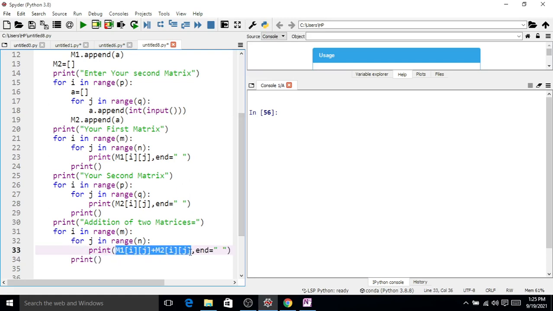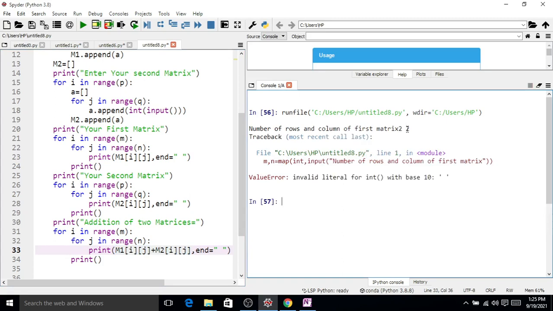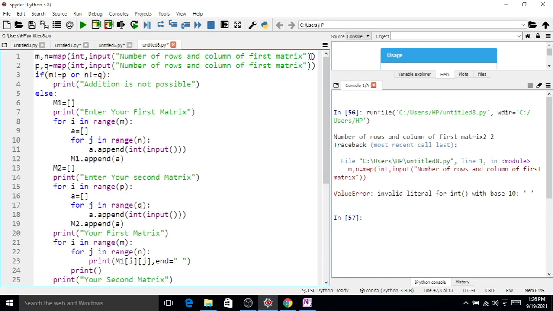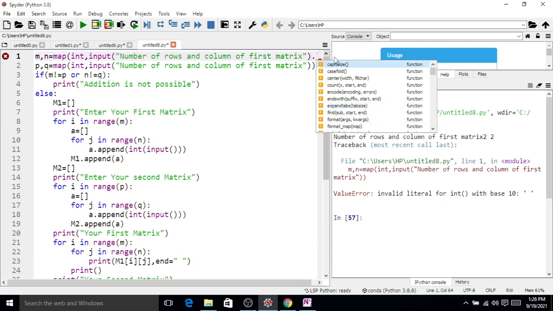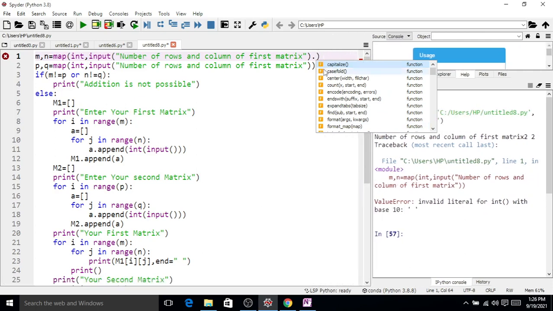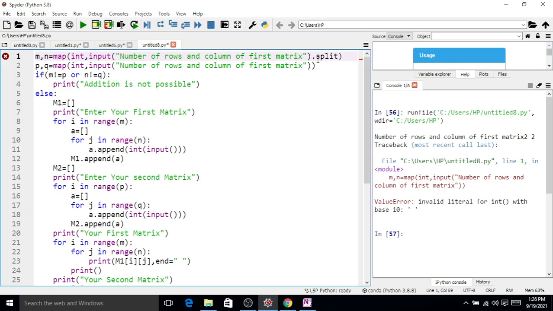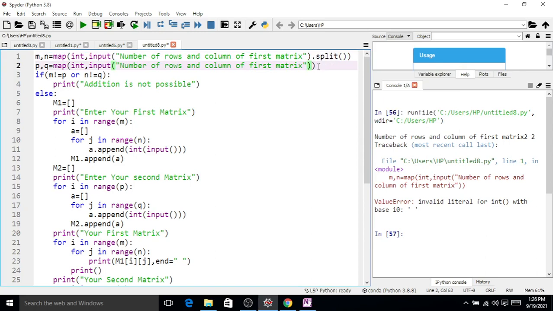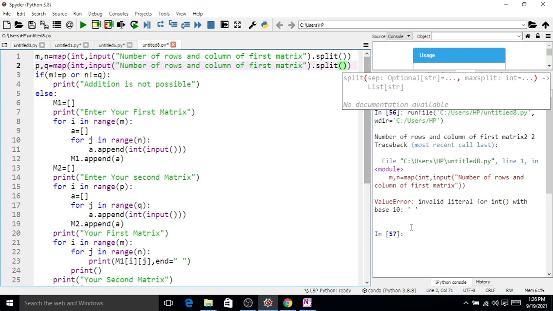and then we find the addition of these two matrices by using just m1 ij plus m2 ij. So if we run this code, number of rows and number of columns of first matrix, say 2 2, there is one error. We want to write split here. We want to assign the first entry to m and the second entry to n. So the error is fixed by using the split function, dot split, here also in the second one. Now again if we run this code,